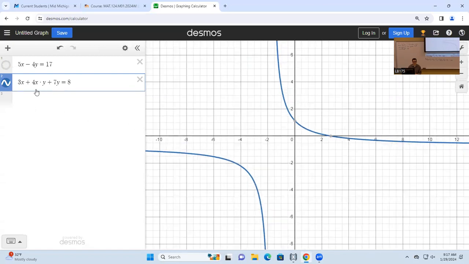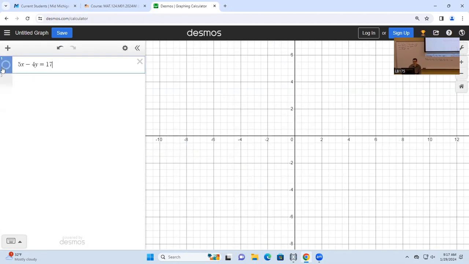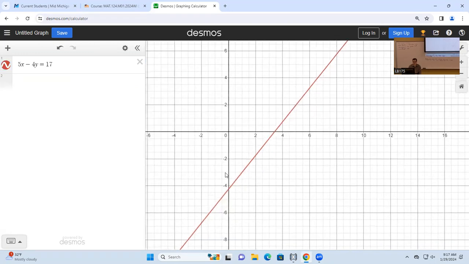So the x times y, if you're trying to graph it, not gonna turn out well. Not gonna turn out as a straight line. That's why we don't want to include that feature with linear. Okay. But regardless of how complicated a linear equation is, we're gonna have a straight line. Okay. Now the nice thing about straight lines